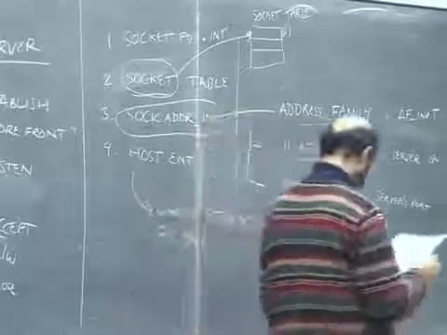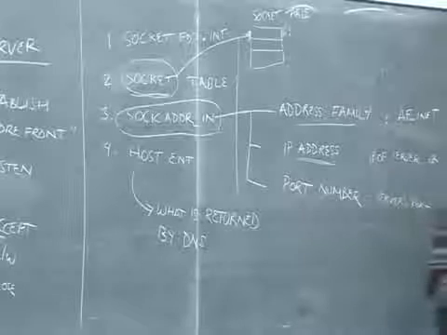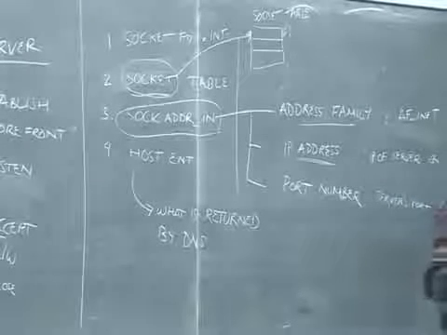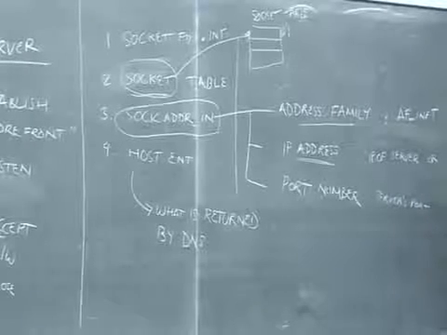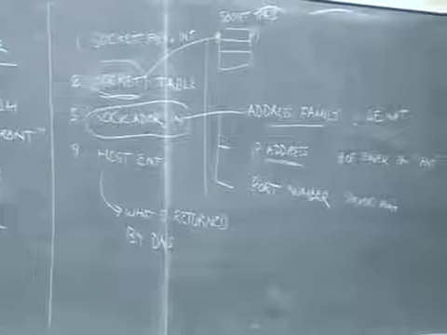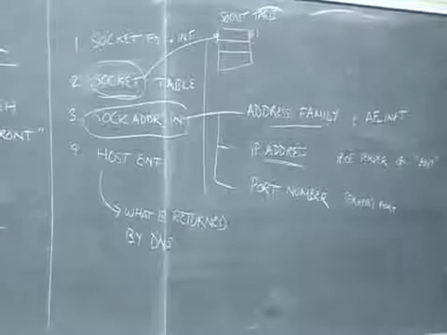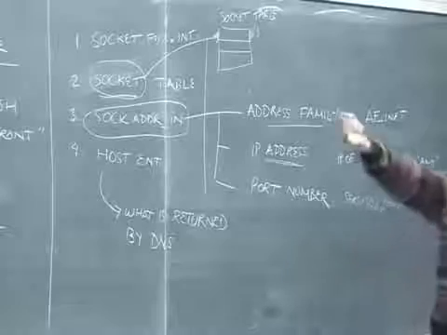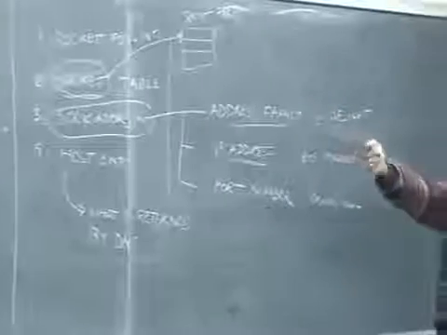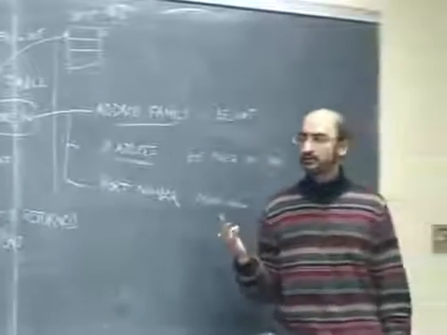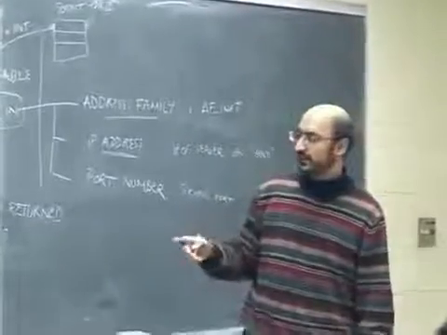Okay, so what we're going to do is that we are given a server's name, let's say cs.uwaterloo.ca. We want to figure out the IP address. How do we do that? We're going to call the DNS and say, I want to know the IP address of cs.uwaterloo.ca,